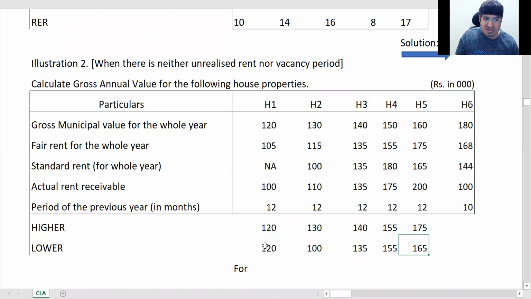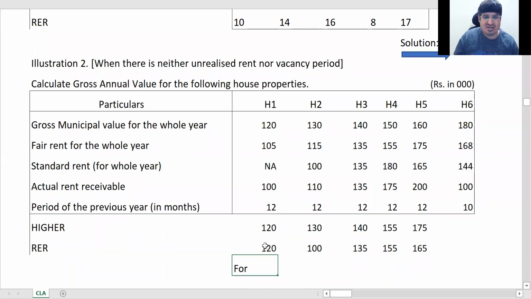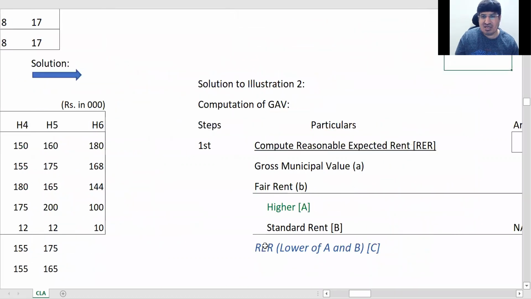ओके। तो ये हो गया हमारा हायर, और आपने लोअर करने के बाद ये मिल जाए ना, बेसिकली ये हमारा आर ई आर है, करेक्ट। दिस इज अवर आर ई आर यहाँ पे। अब नेक्स्ट व्हाट वी हैव टू टेक इज वी हैव टू पुट एक्चुअल रेंट रिसीवेबल। ओके, ऑल दिस थिंग्स वी हैव टू पुट बिलो दिस यहाँ पे, ठीक है। और फिर हायर करेंगे। चलिए इसका सोल्यूशन में जाता हूं मैं यहाँ।